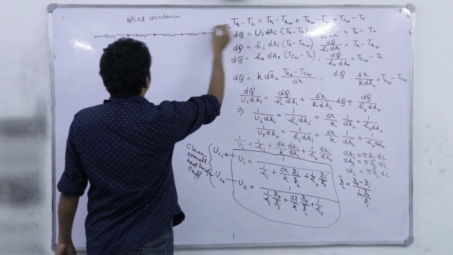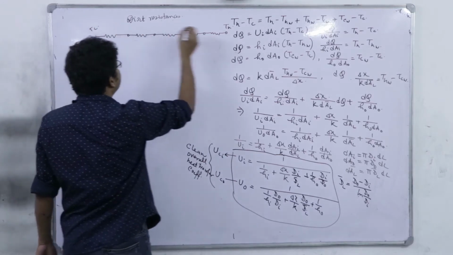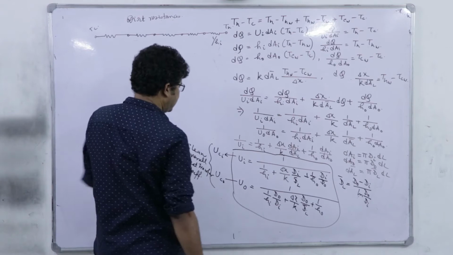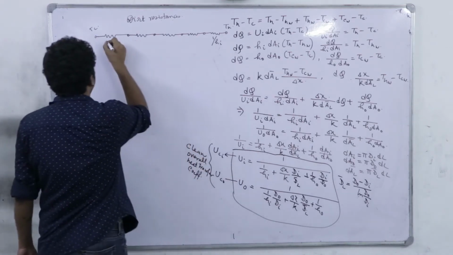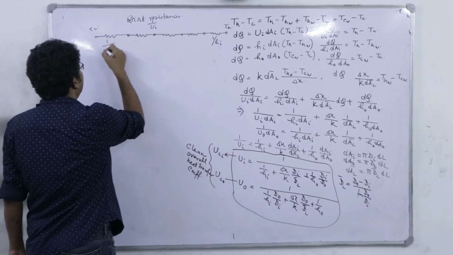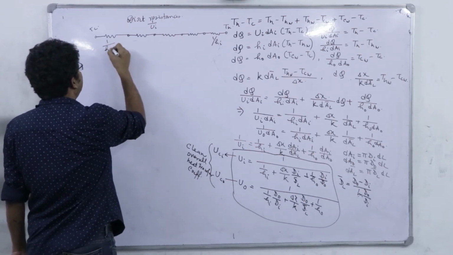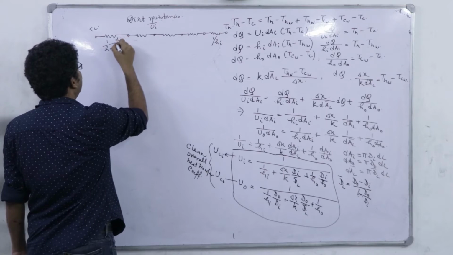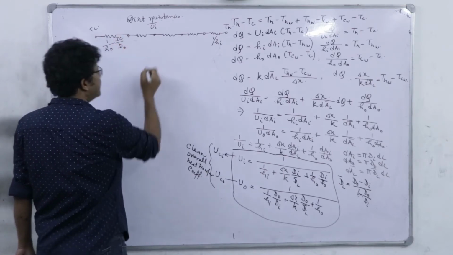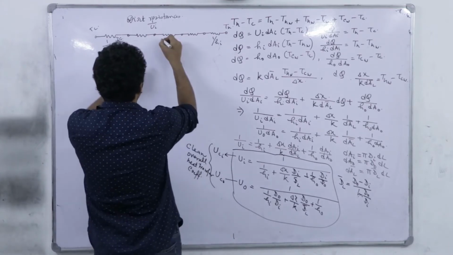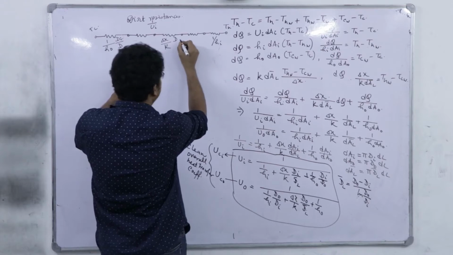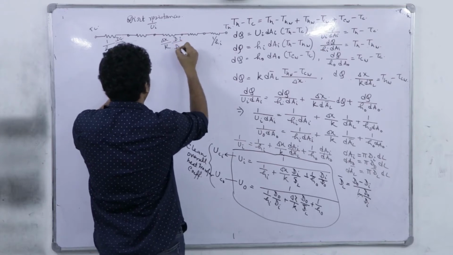See, this is TH, this is TC. So here the resistance is 1 by UI, the overall. So 1 divided by here, it will be 1 by HI, DI by DO, sorry, this capital DI by DO. And this resistance is delta X by K, then DI by DL bar.